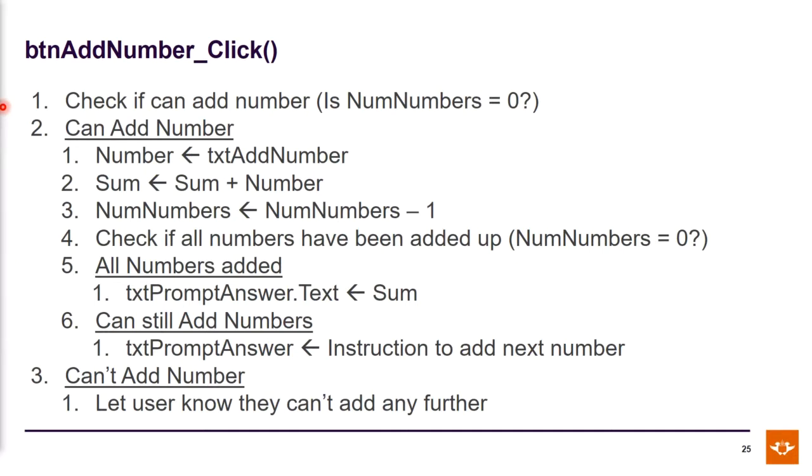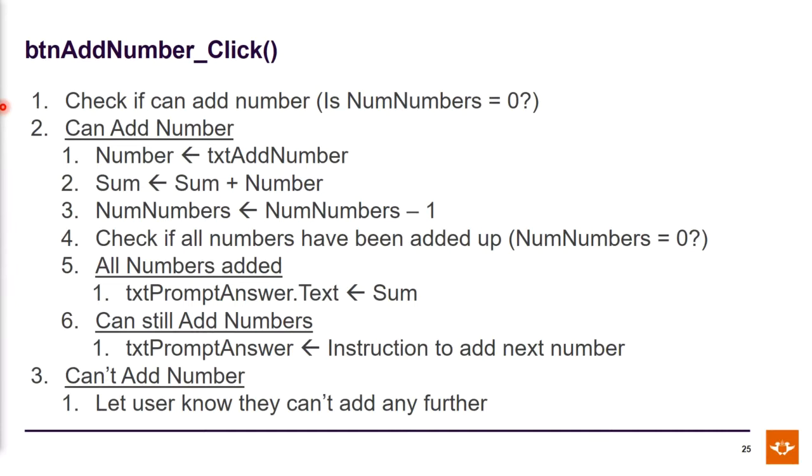You're right there. So what's actually happening in step 2? Because if we can add numbers, we need to add the number. But in addition to adding the number, what else must we do? We must subtract num numbers by 1 to indicate now you can still add 2 more numbers. Does this make sense? If I had 3, and I press this button and it goes, oh, I see you haven't reached your limit yet, I let you add this number, and we're going to update the count to 2, because it means you can still add 2 more numbers.